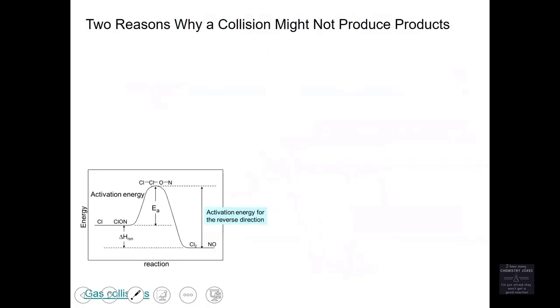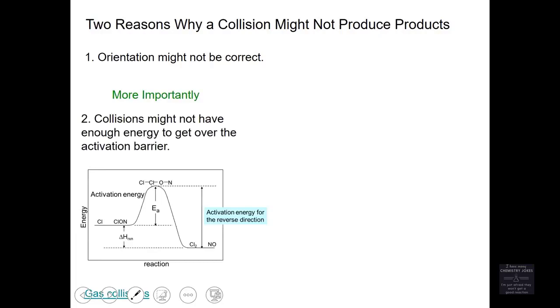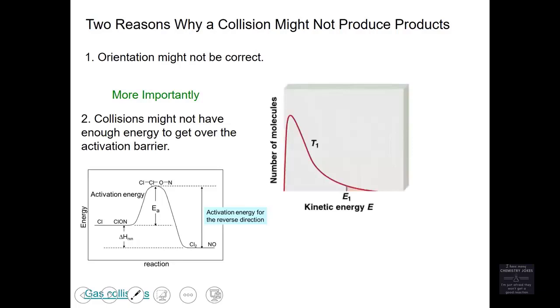We said a bimolecular reaction has to have a collision in order to produce products. There are two main reasons why you may not produce products, even when things collide. Number one reason is maybe the orientation is wrong. So if you go back to our first slide, the chlorine bumping into the oxygen, that was wrong orientation. More importantly than wrong orientation, the molecules may not have enough energy to overcome the activation barrier. So if I look at a spread of the energy,